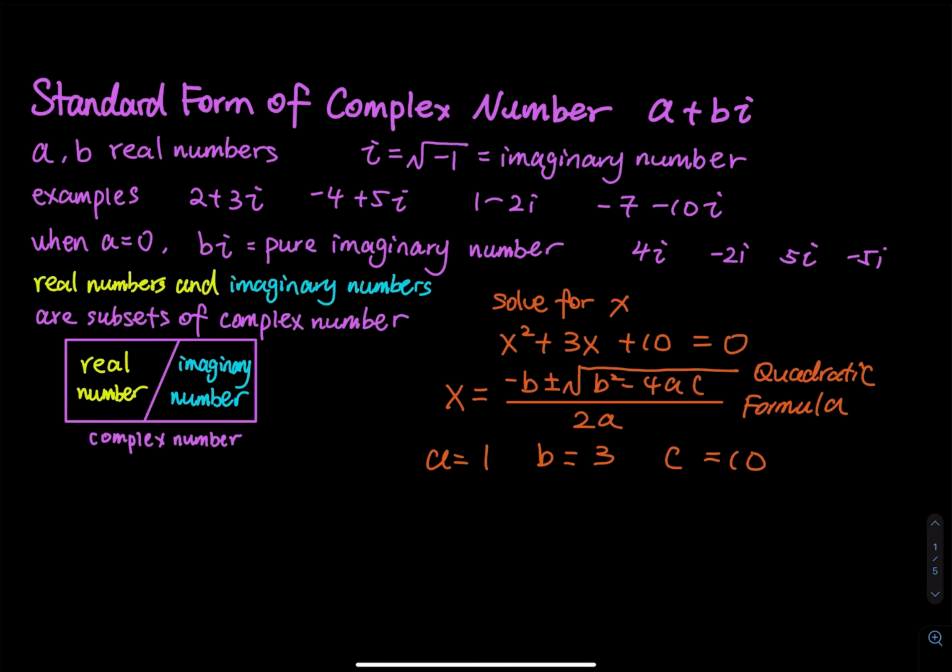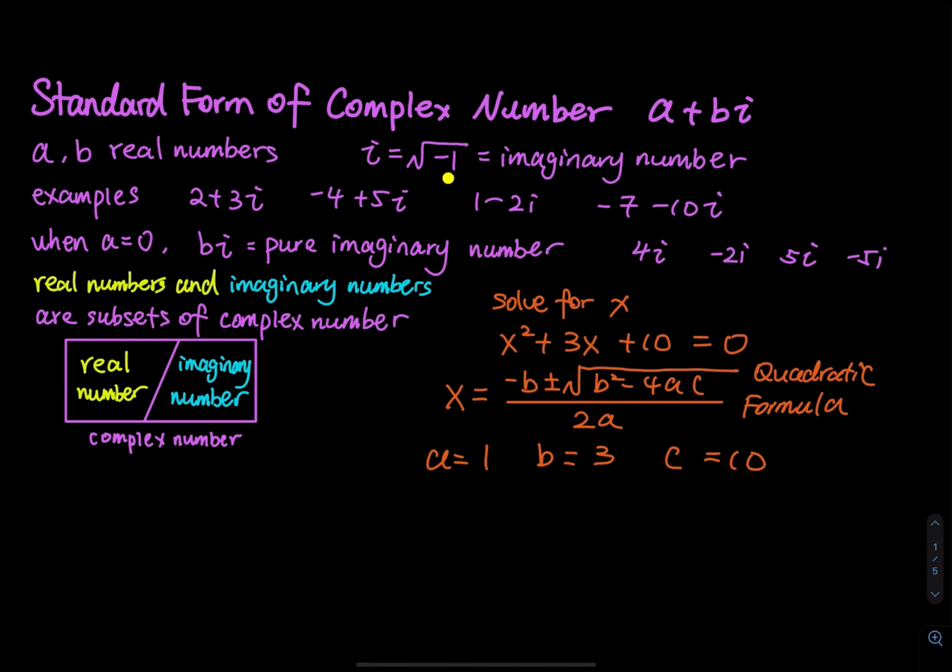Standard form of a complex number: a plus bi. So this is the standard form, a plus bi. A and b are real numbers, such as -1, 1, 2, 5, 10, -100, and so on. And then the i. If this is your first time studying complex numbers, i is equal to the square root